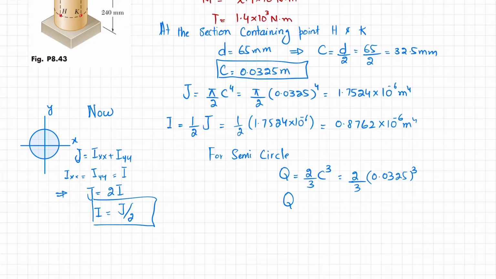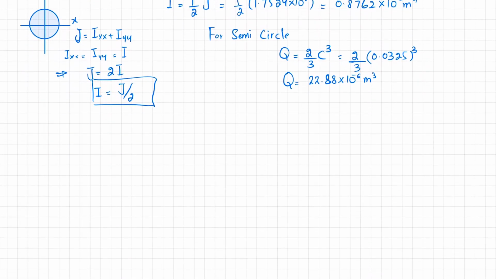When you calculate it, you will get Q equal to 22.88 into 10 raised to the power minus 6 cubic meter. Now we have these values, we will move toward our first part, that is the stresses